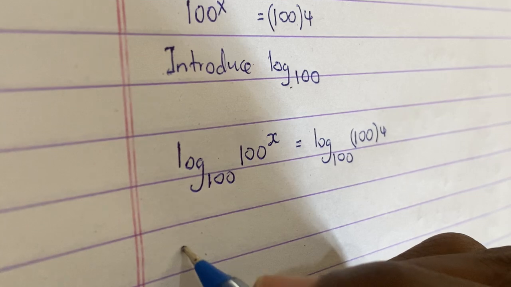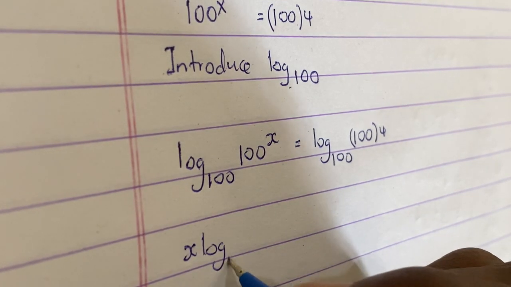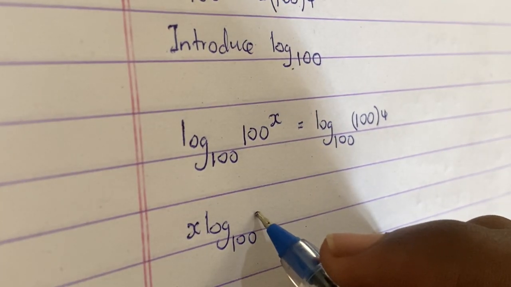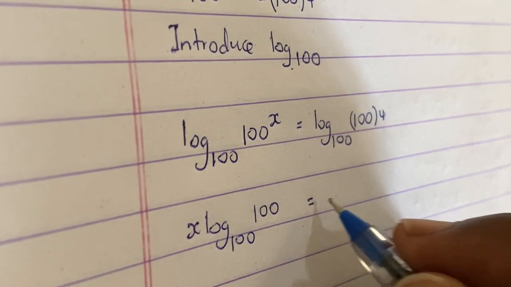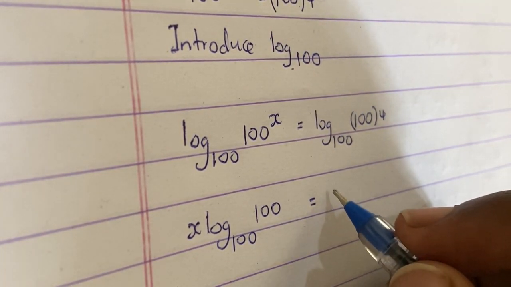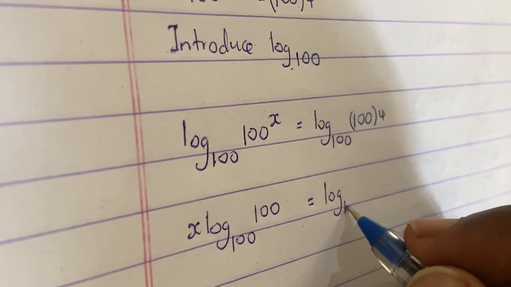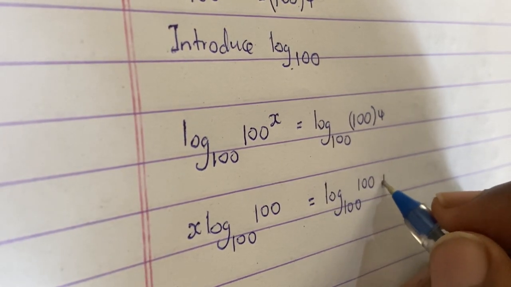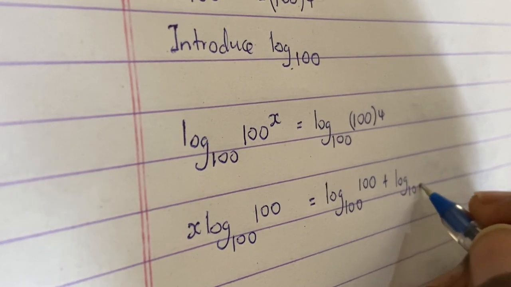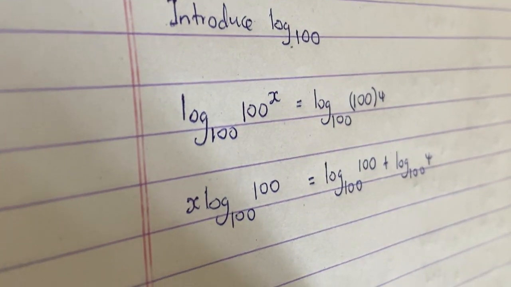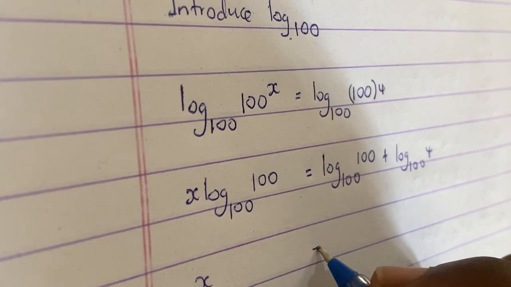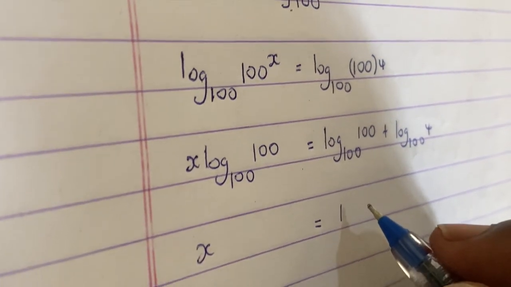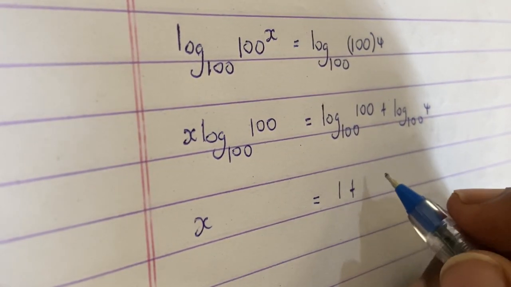So this is the same as x log base 100 of 100 is equal to log base 100 of 100 plus log 100 of 4. So x is equal to 1 plus